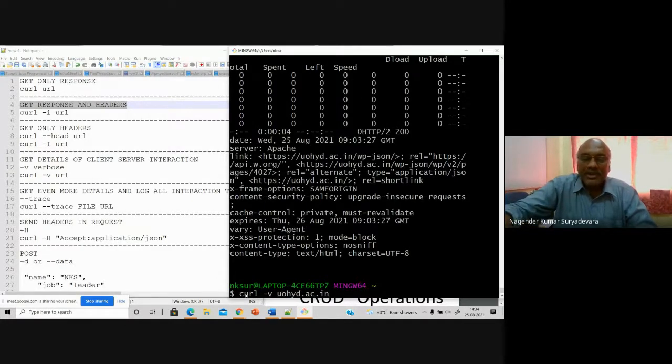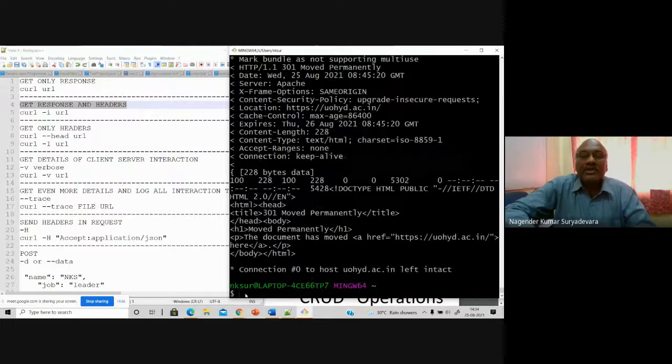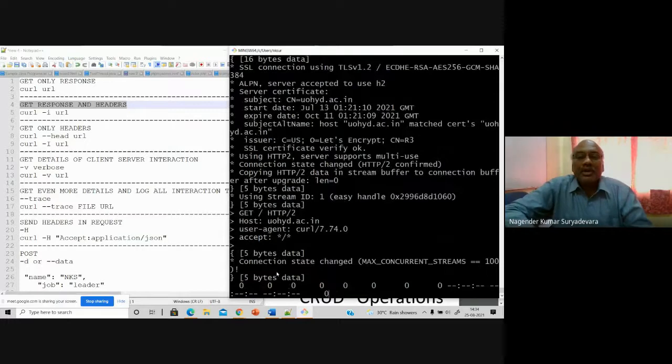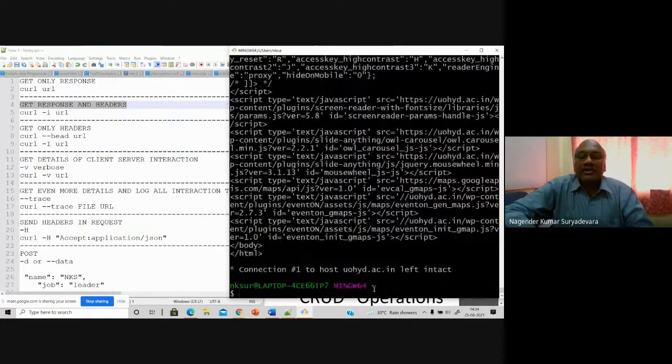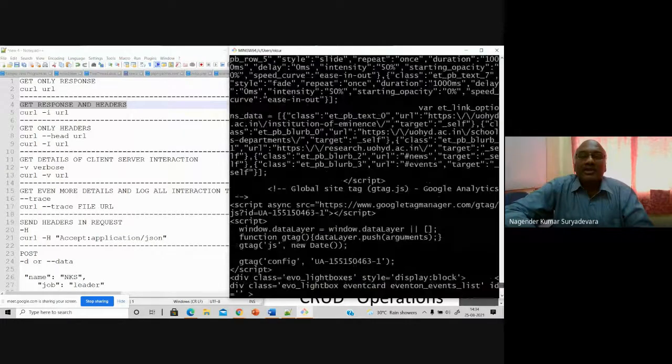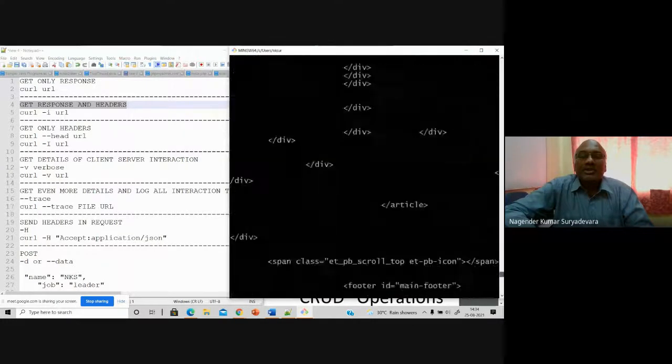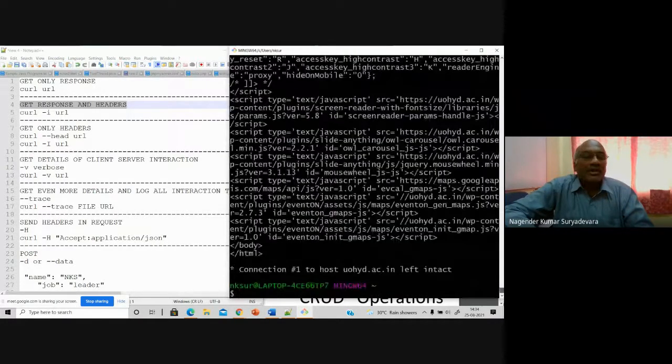Of course, HTTP or HTTPS, everything will be added here. If the page has moved, then you give the option capital L. So you see the client server connection being established, and all these things have been retrieved. You can just go through it from your file itself.